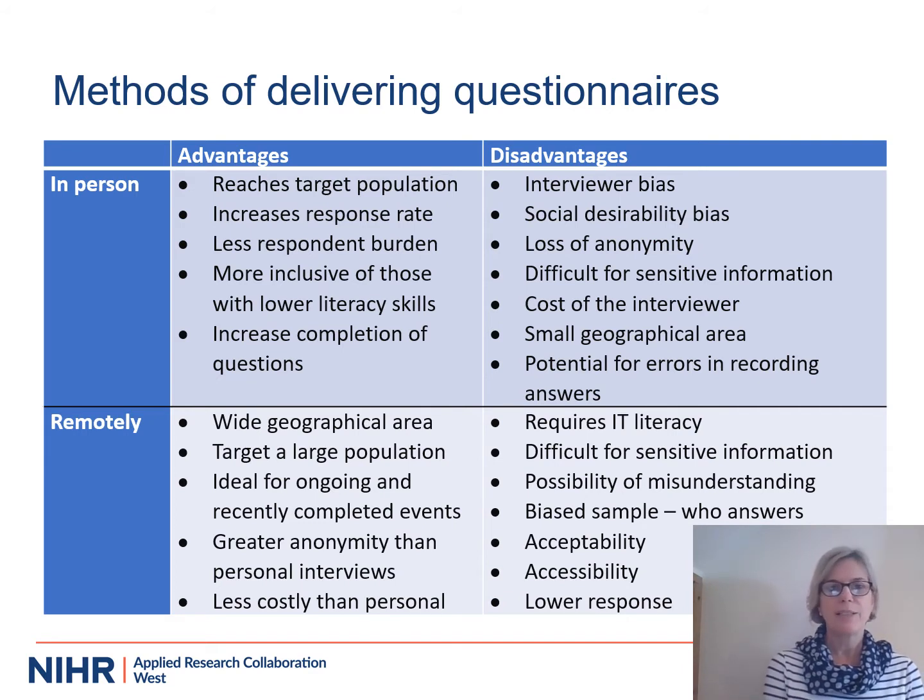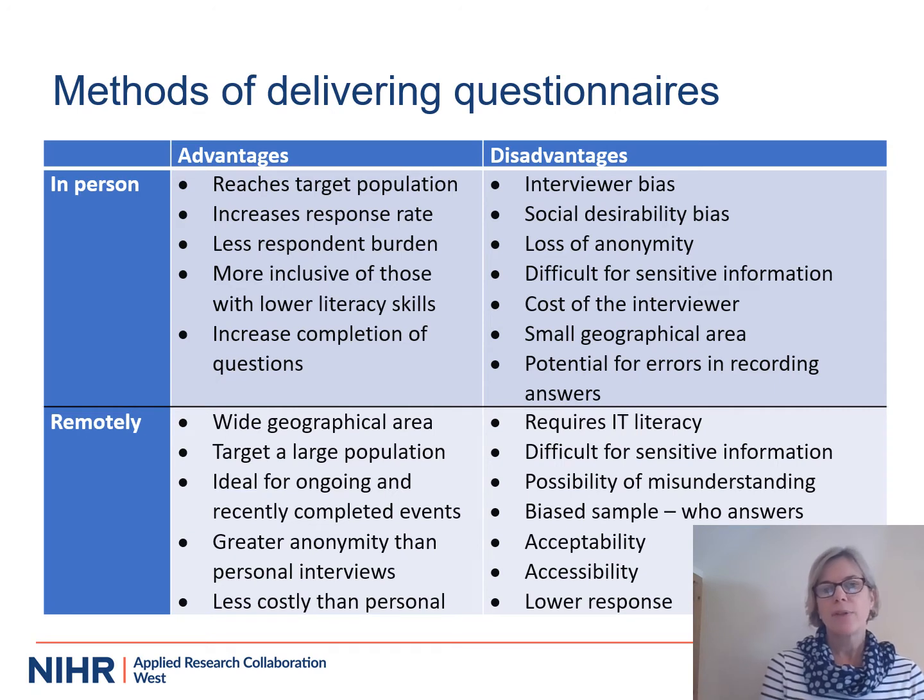So it's always a balance. These decisions in evaluation are always a balance. The key advantage of delivering your survey remotely is that you can target a very large population with that, and ultimately achieve a decent response rate. However, we know, because people receive a lot of such communications, that completion isn't great, and so we can suffer with a low response rate.